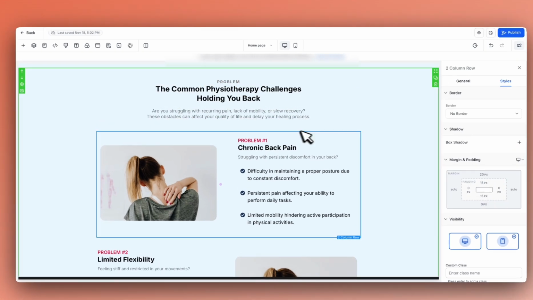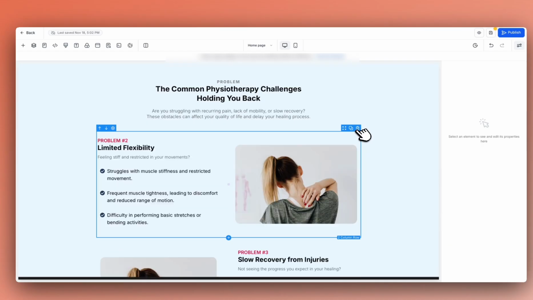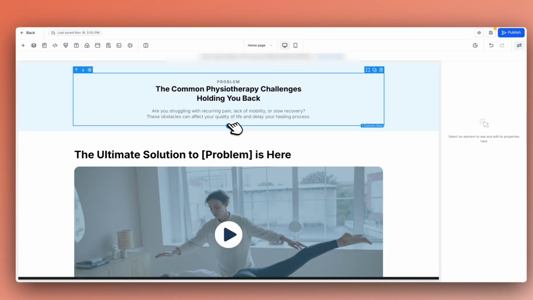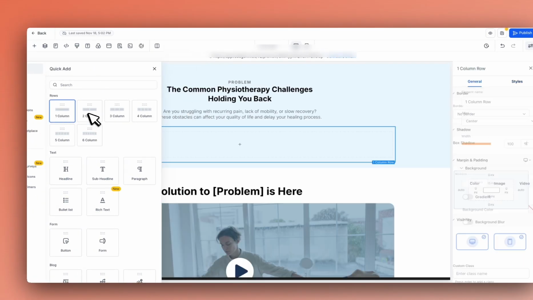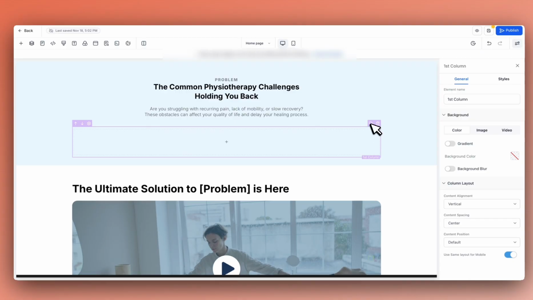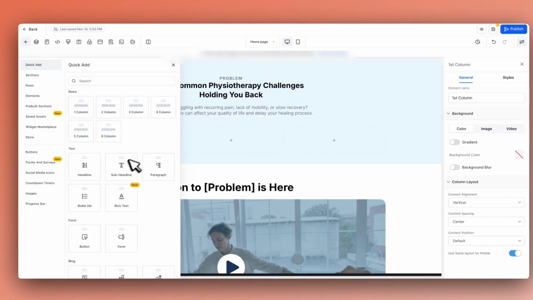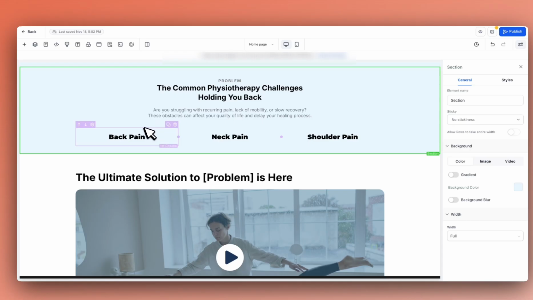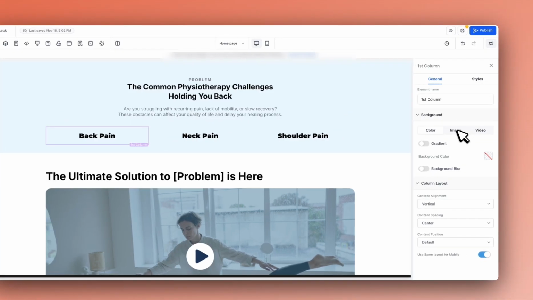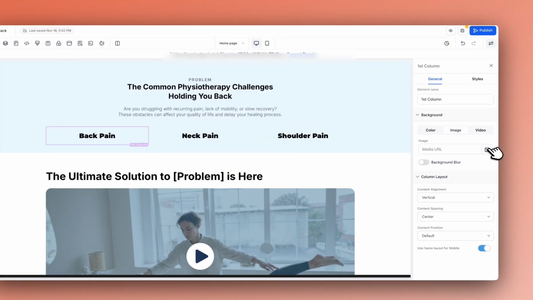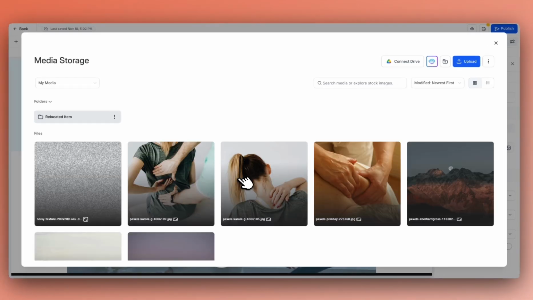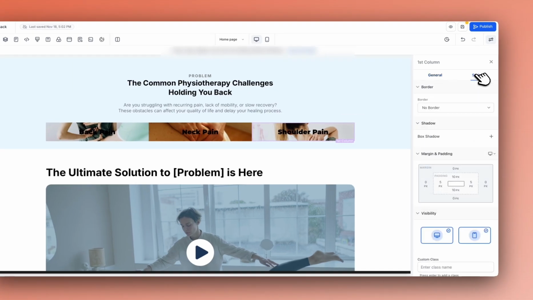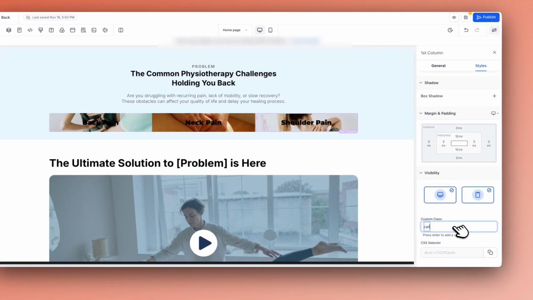I don't really like the display how it's done here, so we will remove these sections and add a new one. We need 3 of these, then we add a subheadline. Right now we will apply an effect to these 3 cards. First of all, we go in here and add a background, and now we apply an effect to these cards